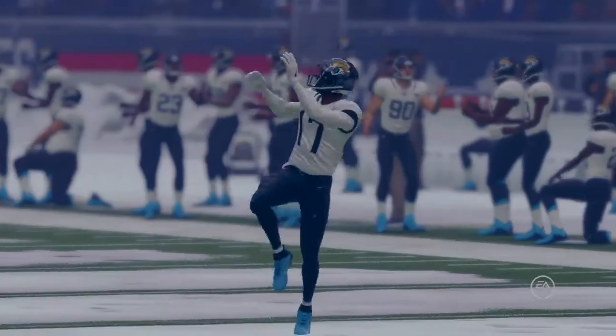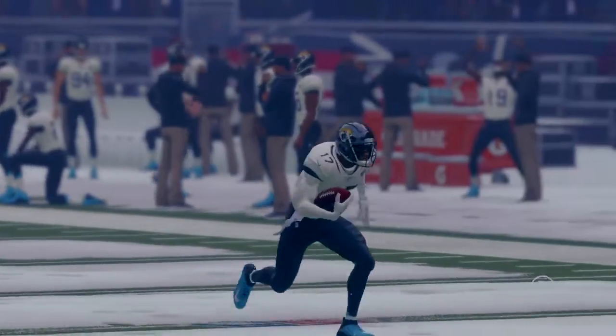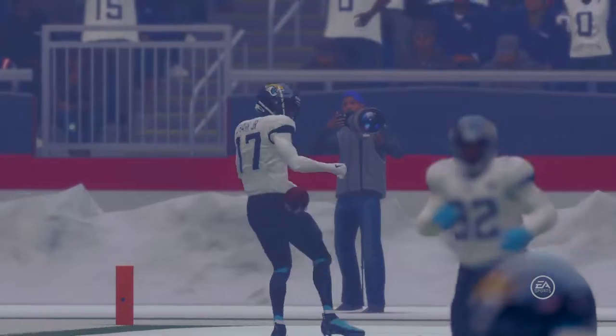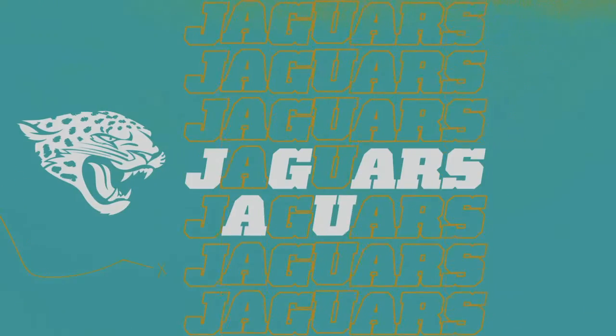Obviously a huge touchdown for their team, but a big touchdown for a rookie quarterback here to be able to break the tie in the 4th quarter. And he just shook off all the pressure, too. Because when you think about it, tie ball game...